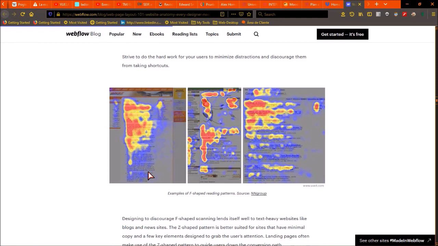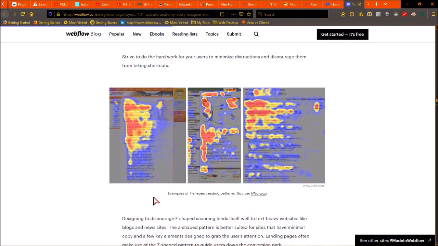Users that use Occidental languages that are read from left to right and from top to bottom tend to look first to the upper left corner of the screen because they are used to doing that when reading, and that makes that part of the screen the most important or frequently seen.